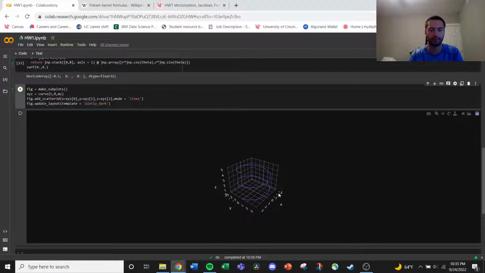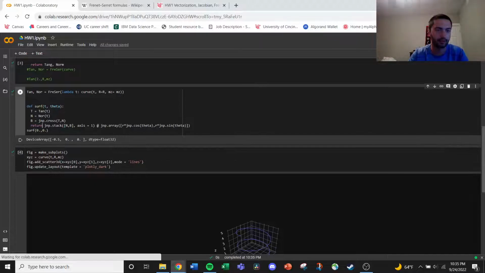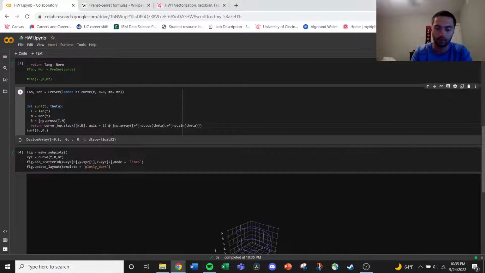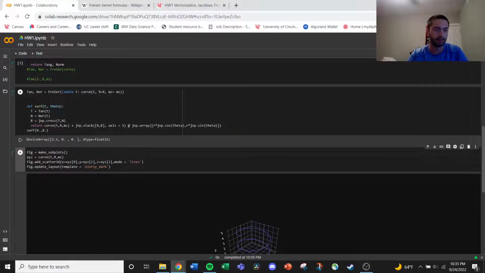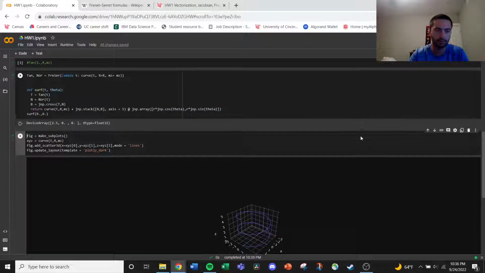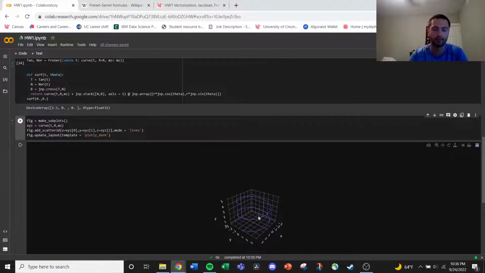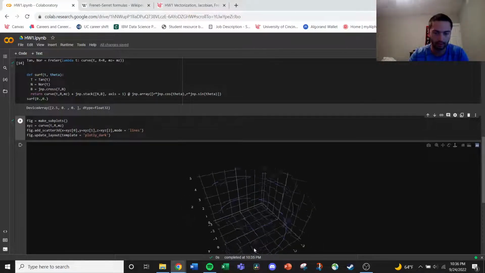a radius of 0.5 away from our helix, and this is because we didn't actually take into account the helix that we created earlier. We want the distance away from our curve that we made. So we still have to include the curve at t, r, and mz, and we add this to it. Now we can clearly see at a surface point of 0, 0 for t and theta, the point in our surface that we're making would be 2.5, 0, 0, which looks a lot better,